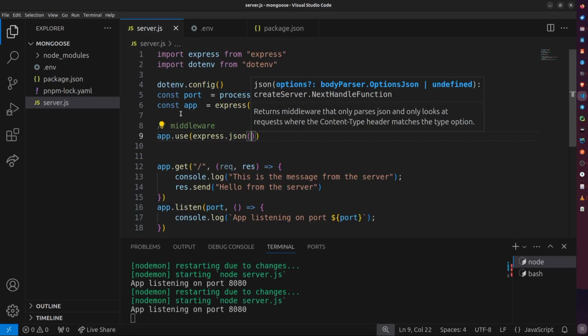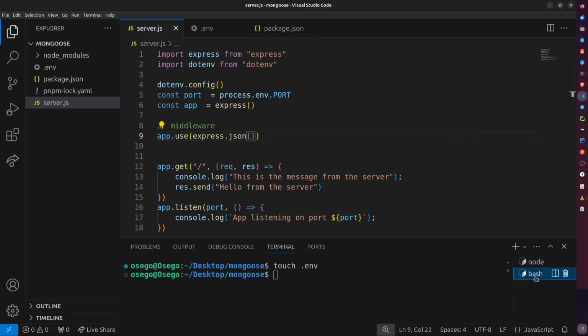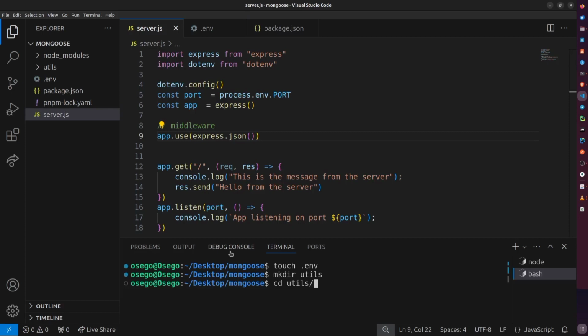The next thing is for us to connect our Atlas cluster to our API. So for that case, I would love to organize my code by creating a different folder for utils where we have logic, for example, for connecting to database, working with files. Now let's create a new folder. So make a directory and call it utils. Then cd into utils and then create a file, touch, then call it db